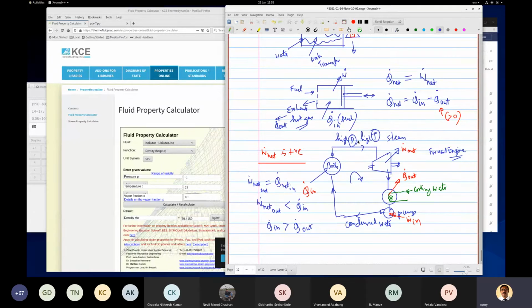So whenever we design, and this is as per the second law, we'll come to the second law where I will explain why it is necessary. But it has been figured out. So whenever we design any work producing device like our power plant, like our internal combustion engine which drives our car, we always remember that first law and second law has to be satisfied. So we design our process, cyclic process, in such a way there is some heat coming in and there is some heat going out, because we know if we do not design it that way, it will not work, right?